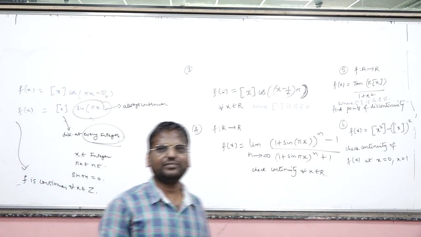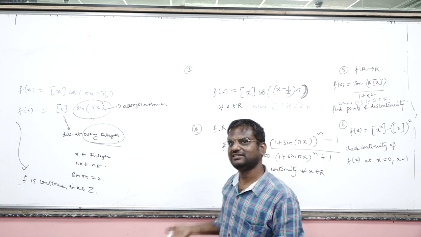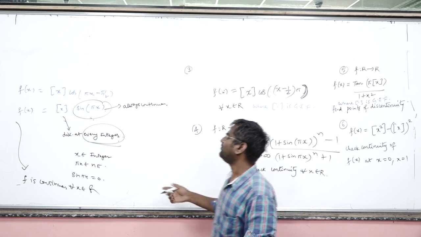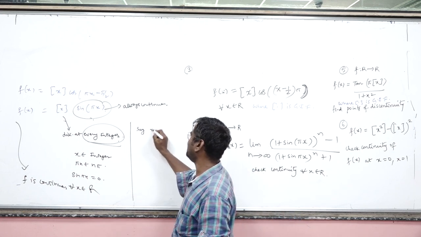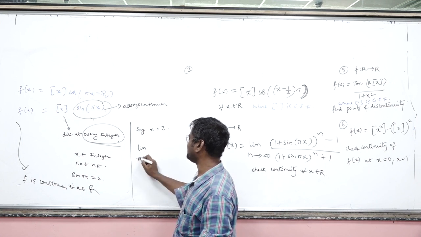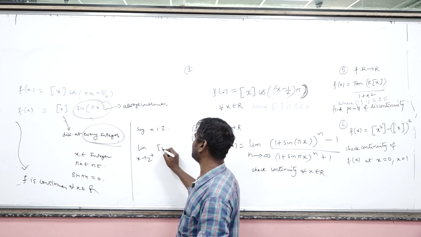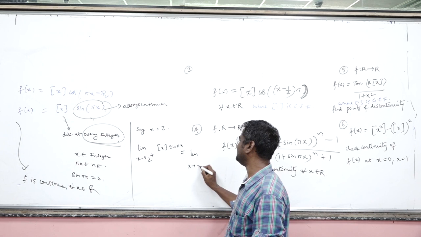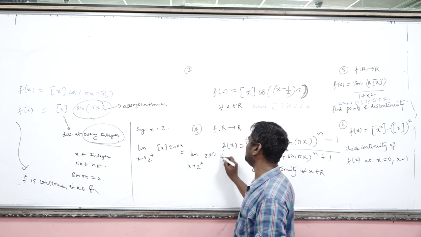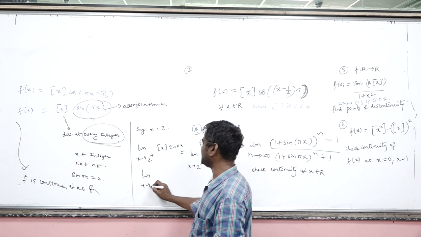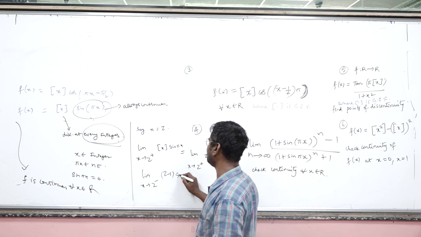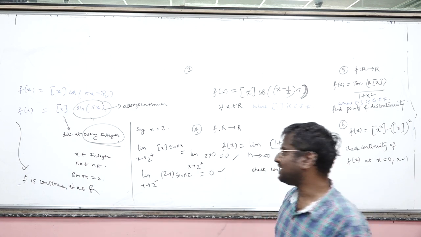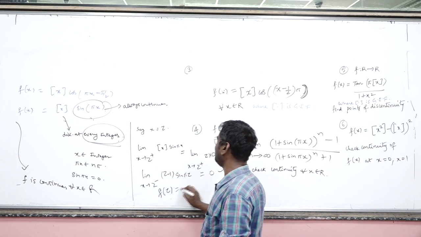So if integers are the only problem and you have realized that it is continuous for all integers, that means it should in fact be continuous for every real number. Formally also you can prove it. Say x equal to z is an integer. Limit x tends to z plus, what is my f of x? Step x into sin pi x, that is equal to limit x tends to z plus, z into sin pi z, that is 0, equal to 0. Similarly, x tends to z minus, it is z minus 1 into sin pi z, that is again equal to 0. And of course f of z is also equal to 0.